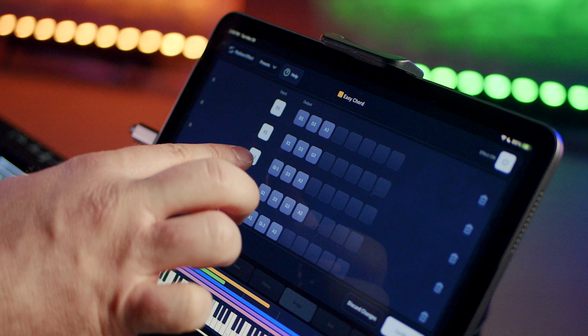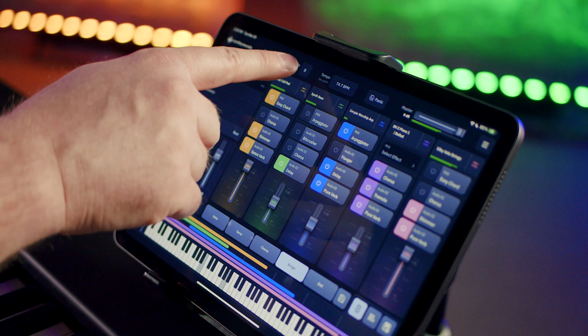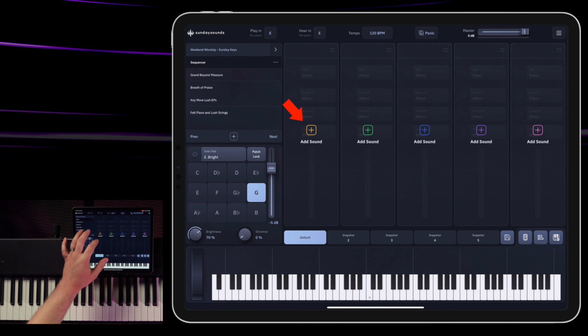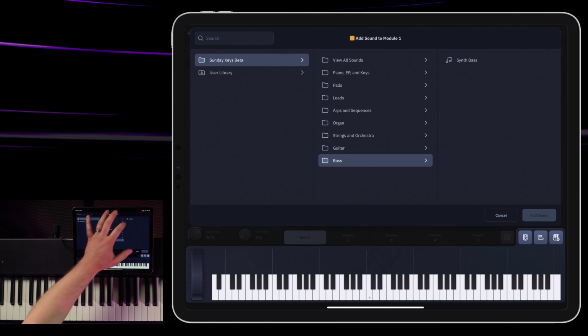Hey guys, today we're going to dive into the MIDI effects in the Sunday Keys app. There's several MIDI effects available and they are all really intuitive and simple to use. So I thought we would just build a patch together and I'll show you how easy it is to program MIDI effects for yourself. Let's start off by choosing a sound for module 1, and I'm going to choose this